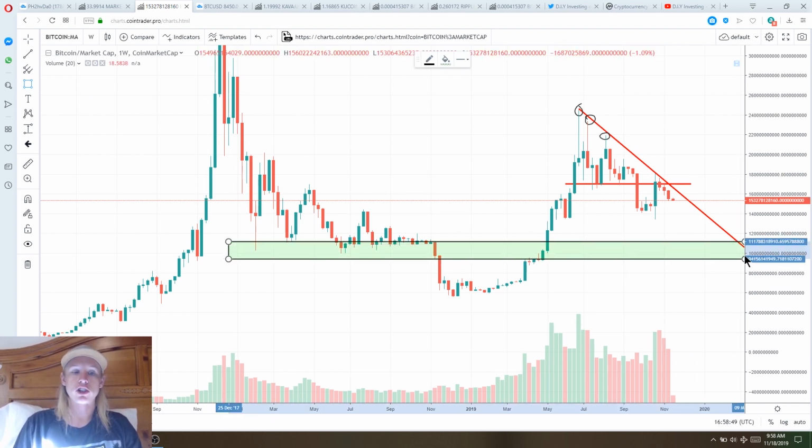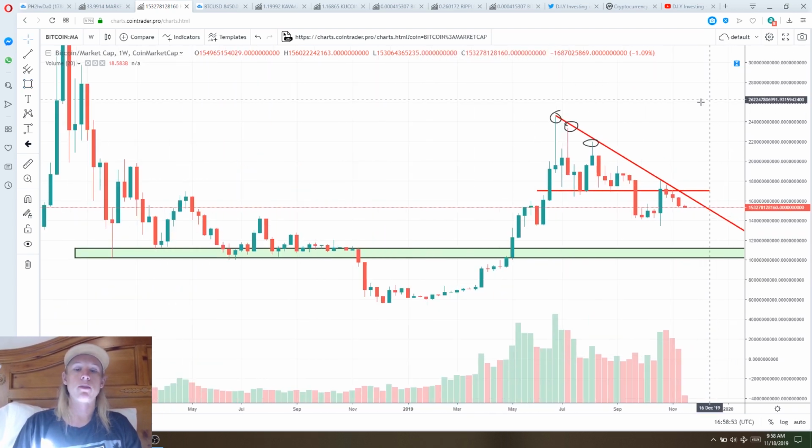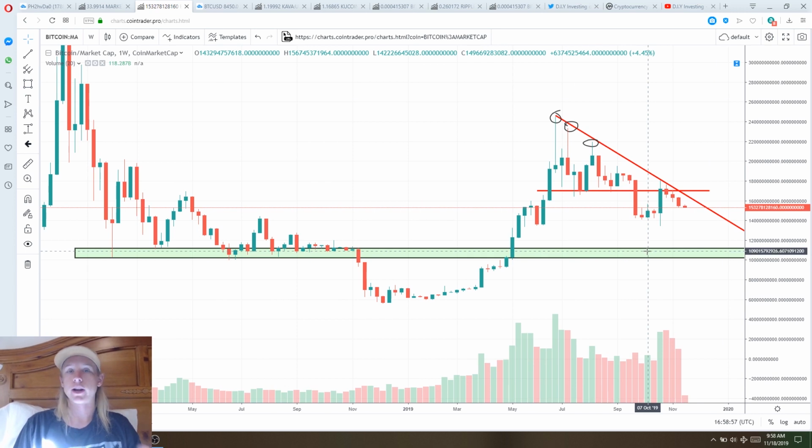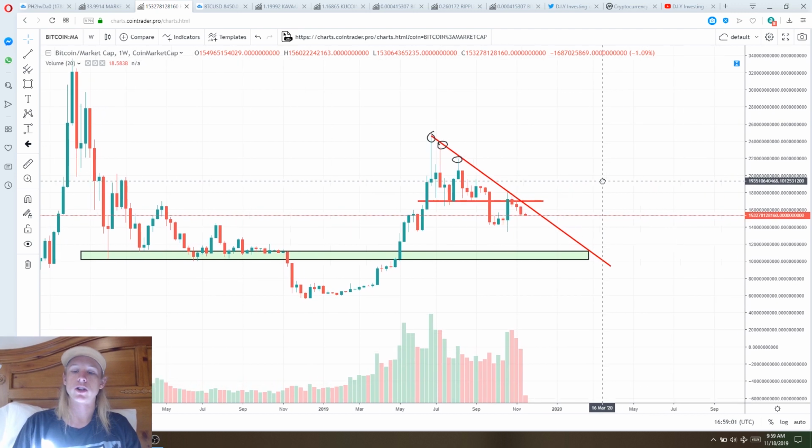And that's how I'm going to be structuring my trading plan moving forward. I think that we're going to get one more drop, one more leg down before that really capitulates the market, before we can actually start the new cycle up. And it's really interesting to me because we are so close to this halvening. Now the halvening is May 25th, 2020, which will be about right here. And so we're not too far off from that.